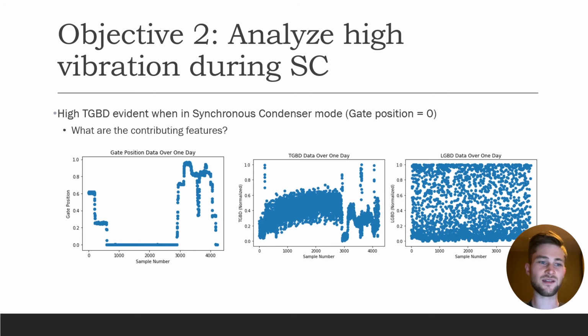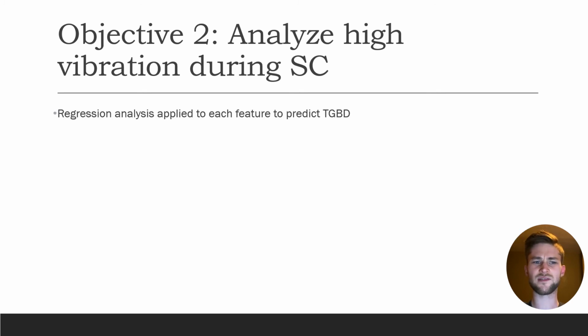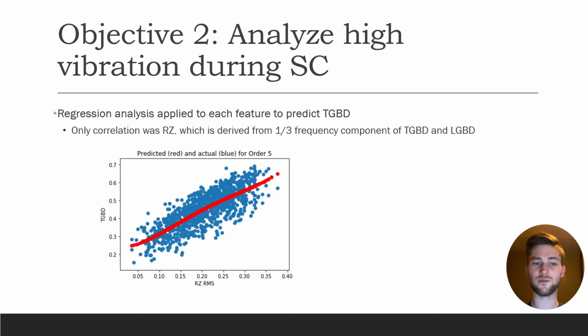You can see there are some plots, gate position over 1 day. We used 1 day's worth of data, and the gate position was 0%. You can also see the turbine guide bearing displacement increasing over that time range, and lower guide bearing displacement was kind of random. So we used regression analysis with all those features I mentioned before, and the only correlation was with rough zone, which is actually derived from turbine guide bearing and lower guide bearing displacement,